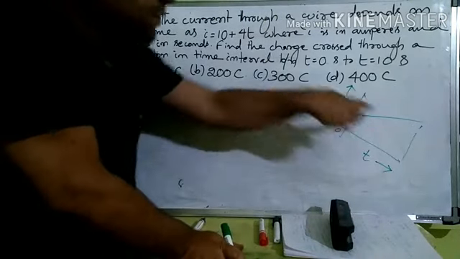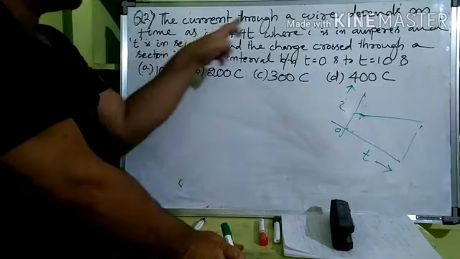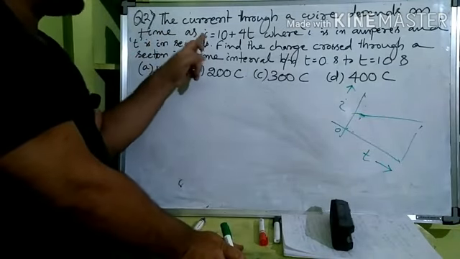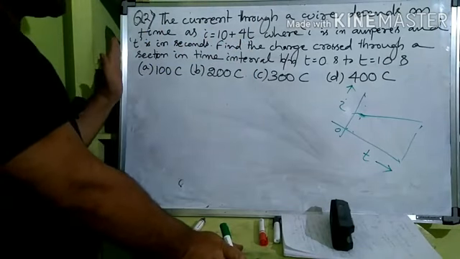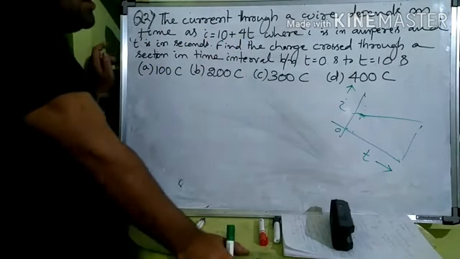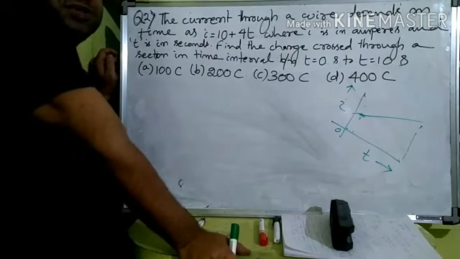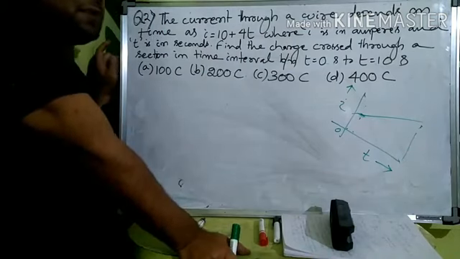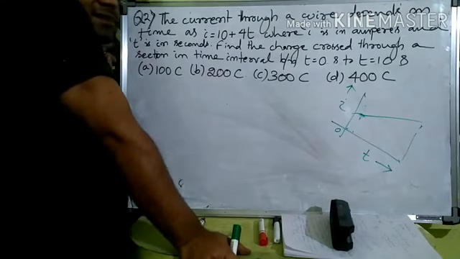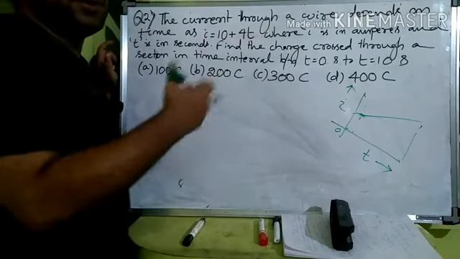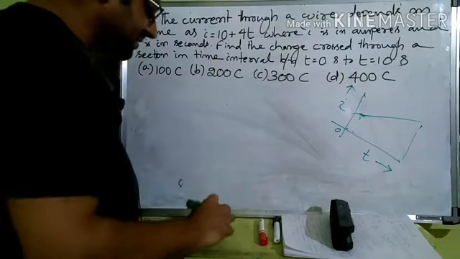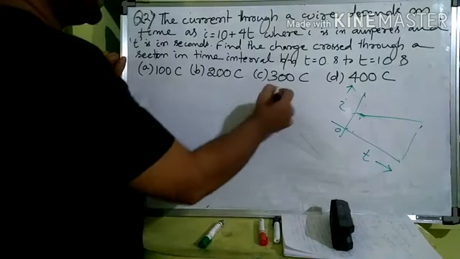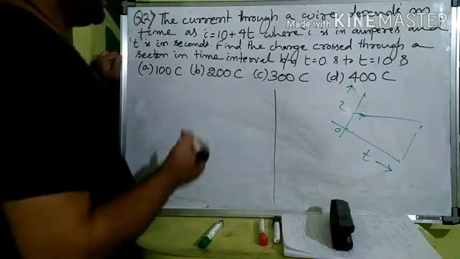Or the equation of that graph also may be given. The current through a wire depends on the time as I is equal to 10 plus 4t, as in this question. Now this can be solved using the graphical method also and using the integration method also. We will see both, and it depends on our smartness. We have to select which way we will do, so that very quickly we can arrive at the answer. Now let us come to the answer in one way, just the integration method.